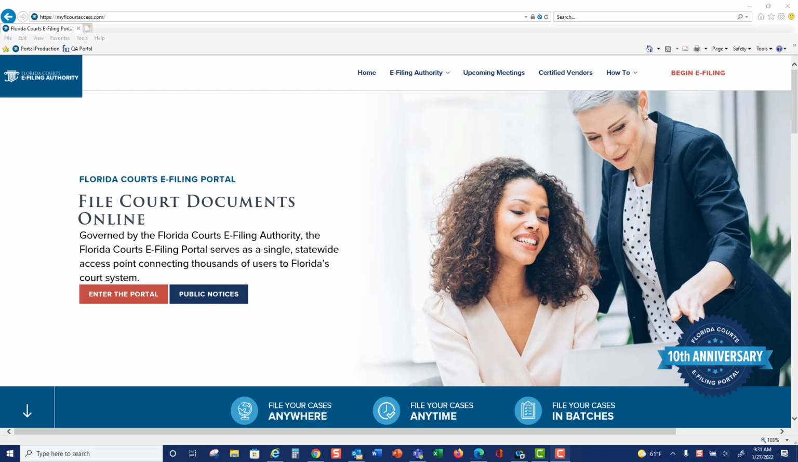Welcome to the Florida Courts e-filing portal. Now that the portal has been in existence for 10 years, let's take a look at the new, updated look that the portal has. Here is the e-filing authority webpage, which has all of the information about the e-filing authority